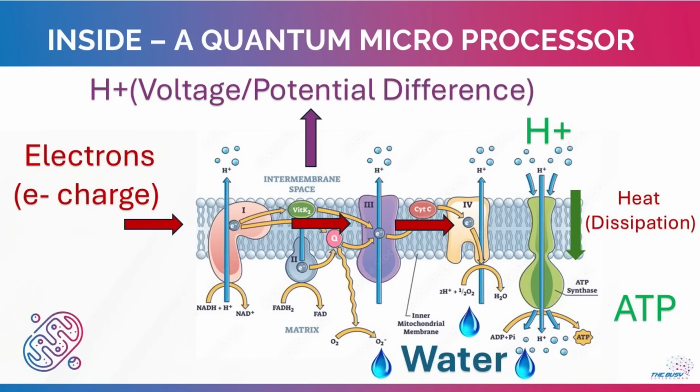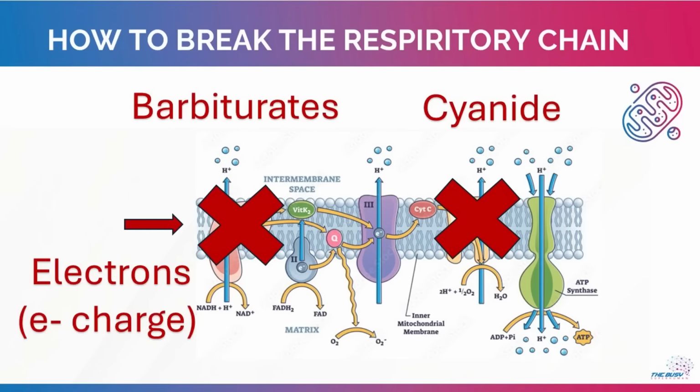So here's a little diagram that I drew to see if I can make it simpler and understandable for people who are new to this kind of subject, because I did do a degree in biochemistry, and I can assure you that if you try and read about the electron transport chain or oxidative phosphorylation, it's the most dry and boring thing you could possibly imagine, and it doesn't actually tell you really what's going on, nor anything about how to help your mitochondria. Let's take it back to a very simple level.